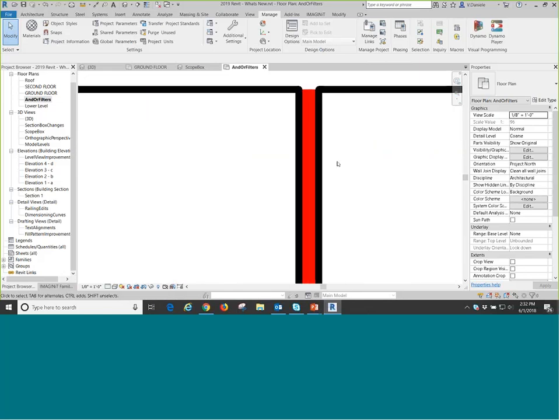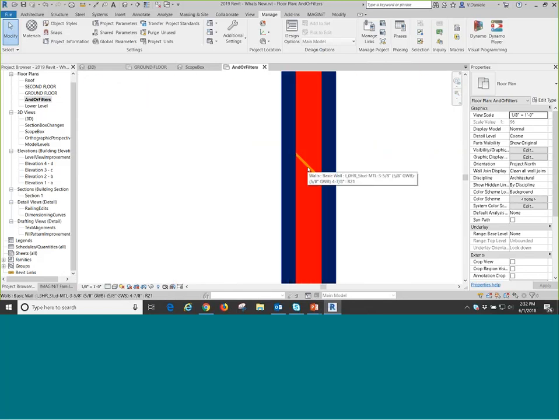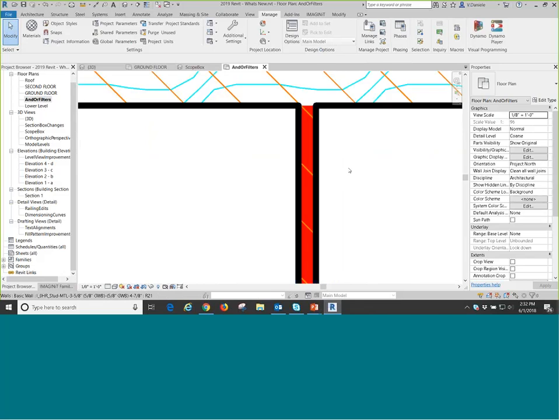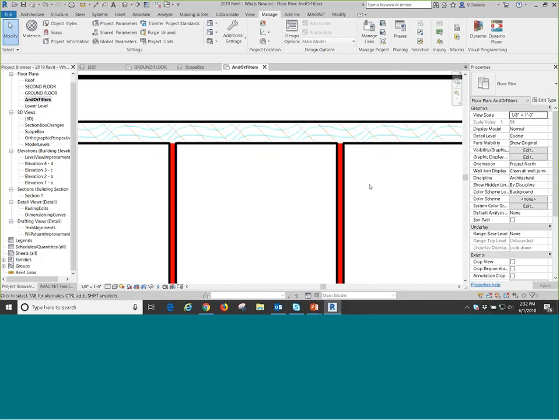And actually, interestingly, the foreground pattern is applying over the top of the filter, and the background pattern is not. So it's kind of interesting. I didn't realize that until zooming in there. So bringing those cut patterns to the front apparently overrides the hierarchy of the view filter, which could be a good thing, might not be the best, but